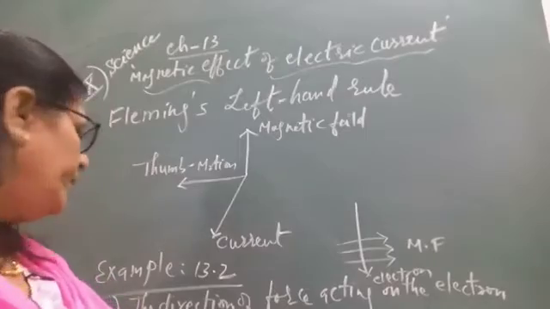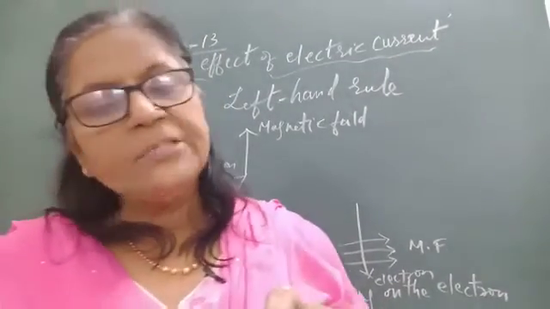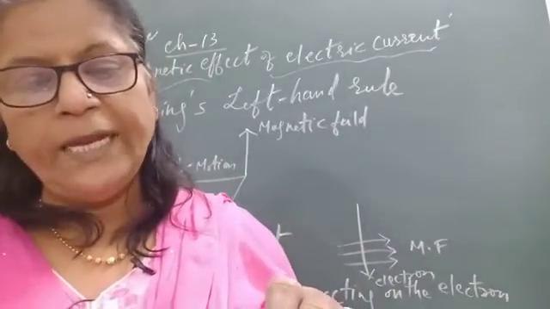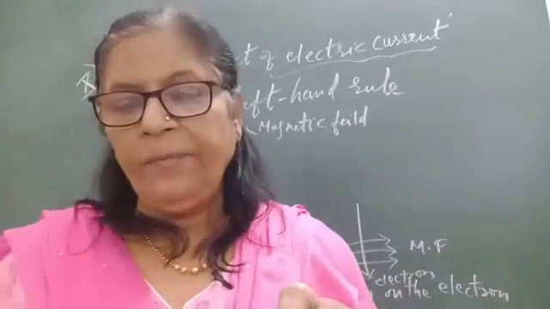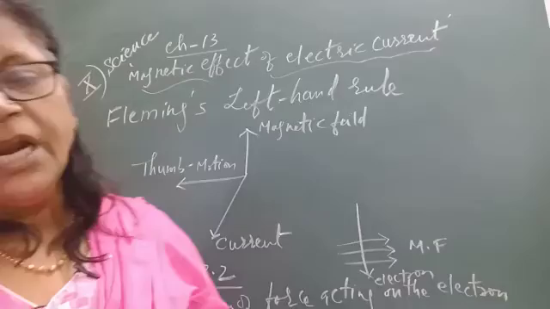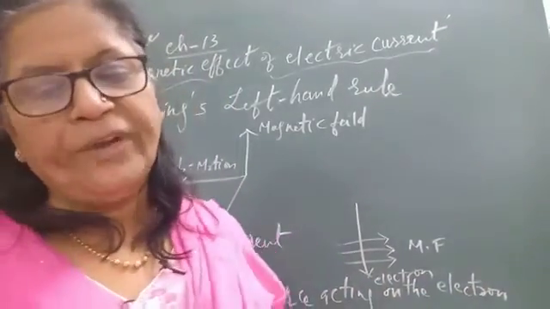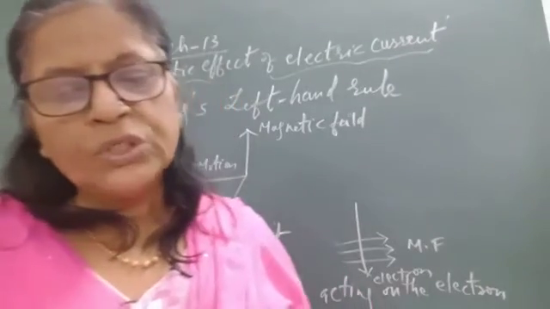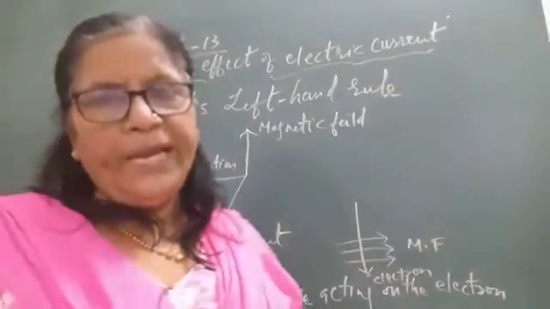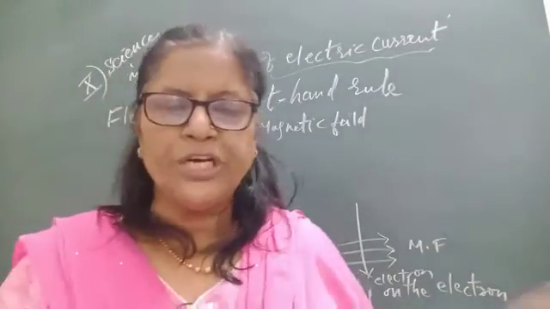The correct option will be D, because the direction of force is perpendicular to the direction of the magnetic field and current, as given by Fleming's left hand rule. Recall that the direction of current is taken opposite to the direction of motion of electrons. So the force is directed into the page. So the correct option is into the page, that is option D.